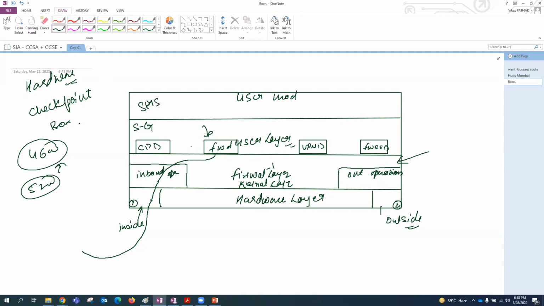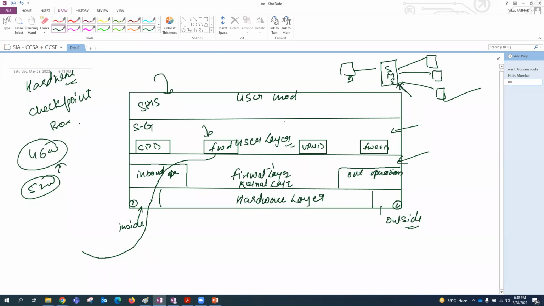SMS. Right? So we have a 3-tier architecture in our Checkpoint. One is the SmartConsole, which will be connected to the Smart Domain Manager, the SMS manager. This one is the SMS, right? And this SMS will be managing our gateways. These are my multiple gateways. So this security gateway user mode belongs to a security gateway, and this SMS user mode belongs to this SMS